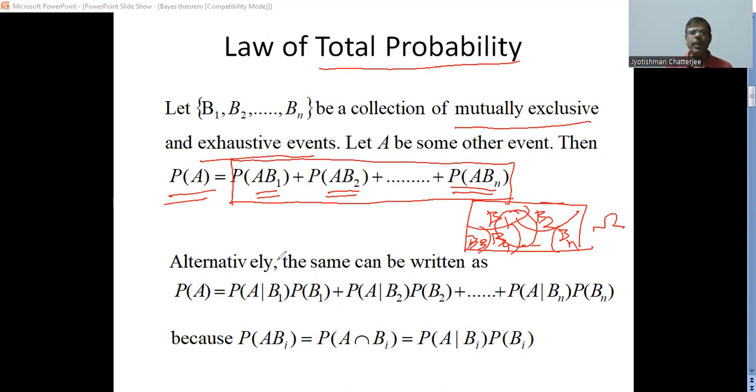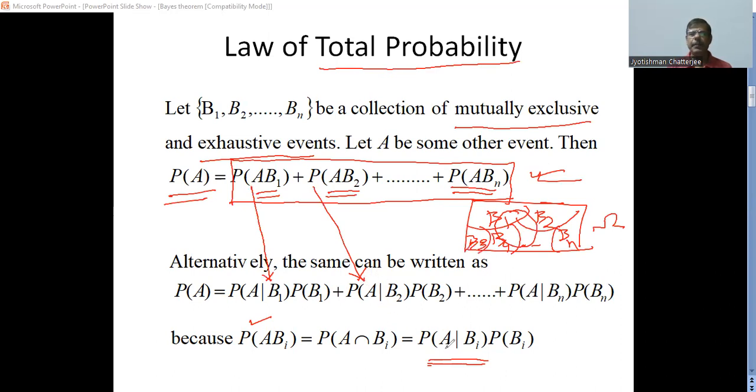Alternatively, the same formula can be written as this thing. In place of P of A intersection B1, you can write this thing. And A intersection B2 can be replaced by this. Let's see why. In other words, we are replacing probability of A intersection Bi by this thing. And that should be easy to see. Once we know this thing, for the time being, assume that we have already got this thing,